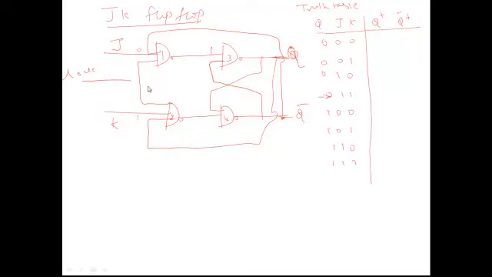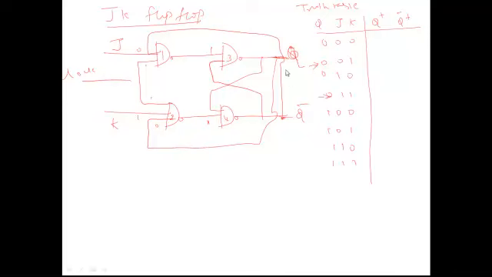Whereas here, clock is always 1. Don't worry about the clock. Here, we need to know what the previous output is, because we have two inputs that are 1. But there is also a third input. If the third input is 0, the output may be 1. If the third input is 1, the output may be 0. So we need to wait and understand what the previous state is. Here, as we are talking about the second row, the previous state is 0. So as the previous state is 0, here the output will be 1.